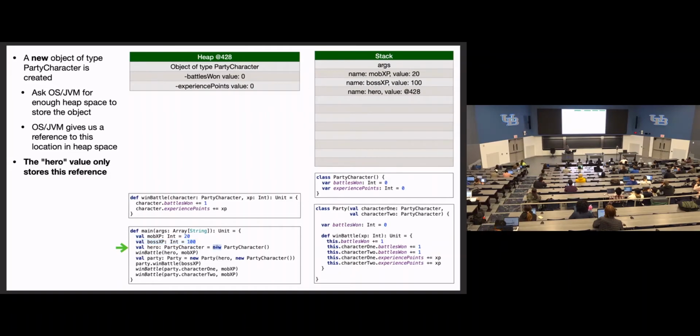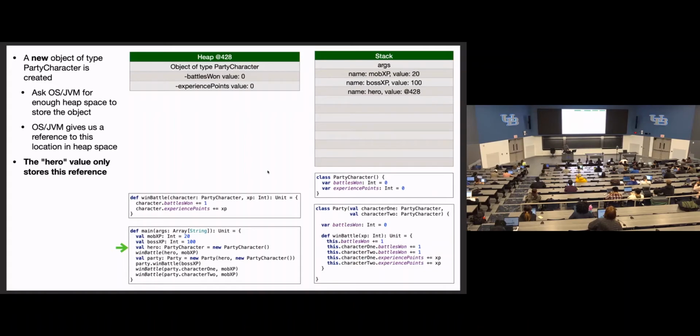that we're creating with the keyword new, then they're going to go on the stack. But if they're part of an object, they're going on the heap as part of the state of that object, because that object is on the heap. So we create a new party character, declare these 2 variables, initialize them both to 0,